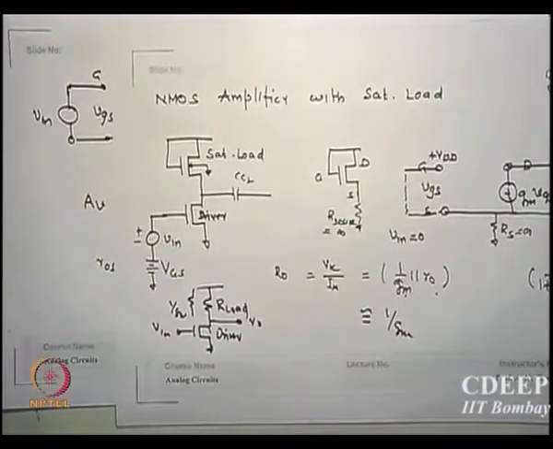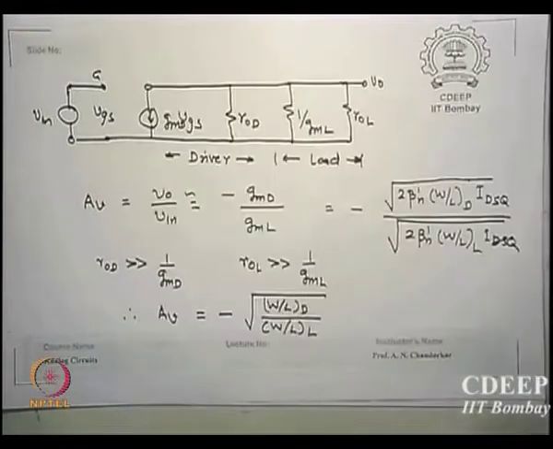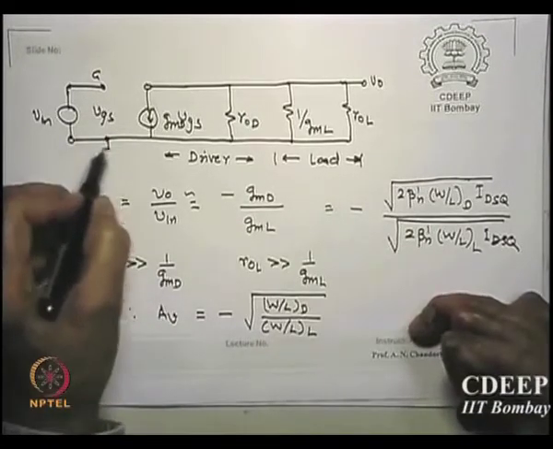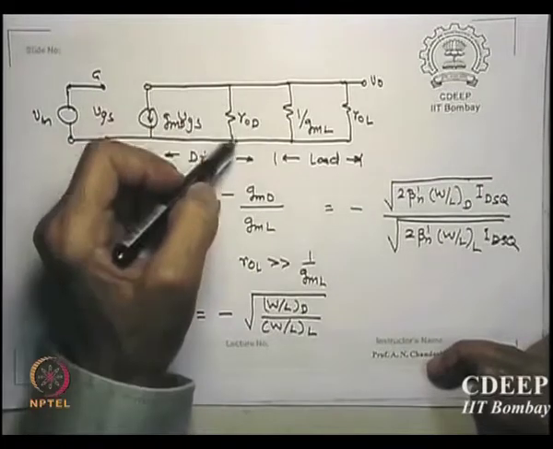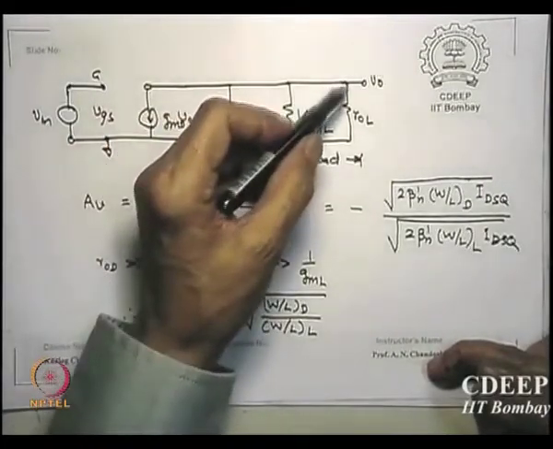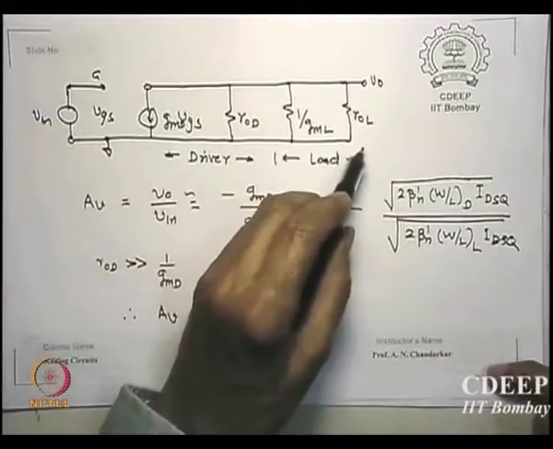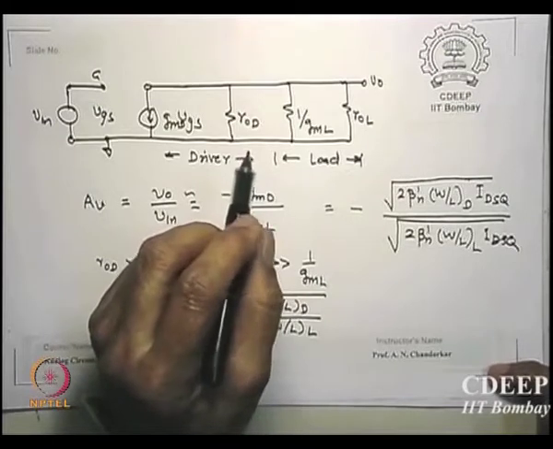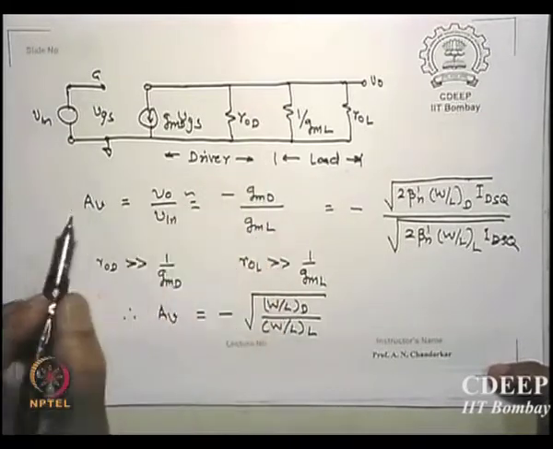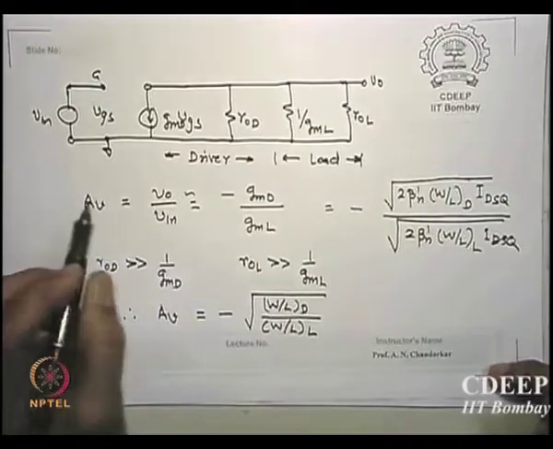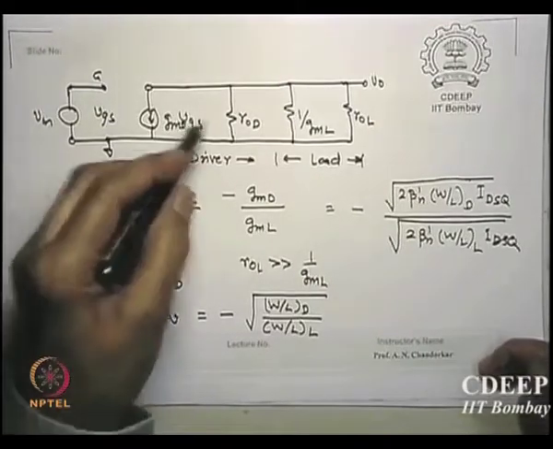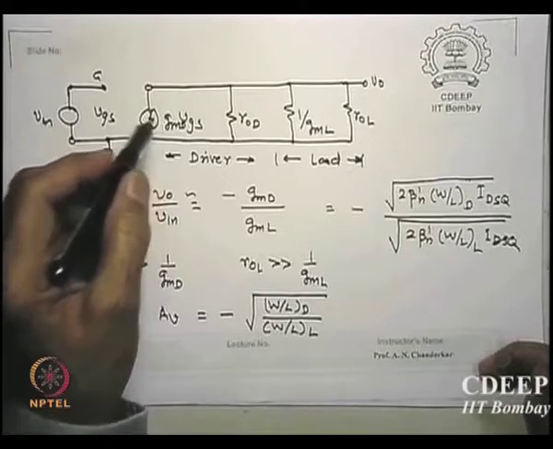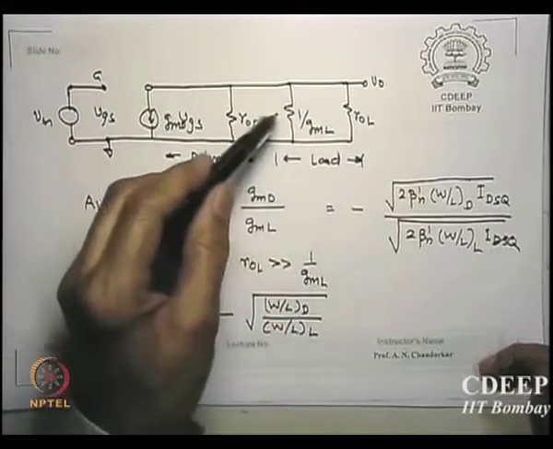ऊपर ground है तो उसको नीचे fold कर दो. Ground नीचे ले आओ. ठीक है? So that's exactly what this circuit shows. This is ground. Lower terminal is ground. So Gm VGS, ROD, 1 upon GML, ROL. I repeat, this ROL can be larger or not larger compared to 1 upon GML. Check it before actually leaving or not leaving terms. Okay. Alternatively, if you say ROD is much larger than 1 upon GMD, ROL is much larger than 1 upon GML,